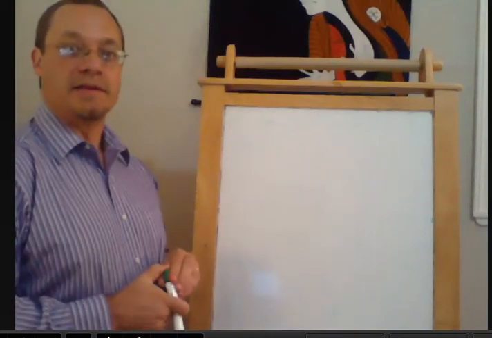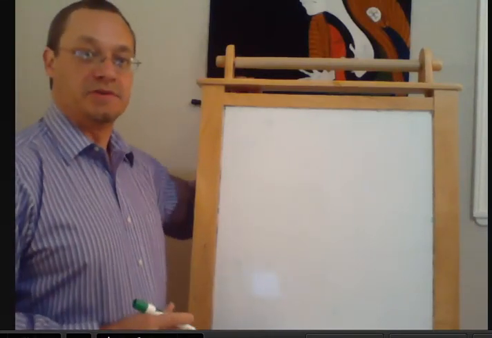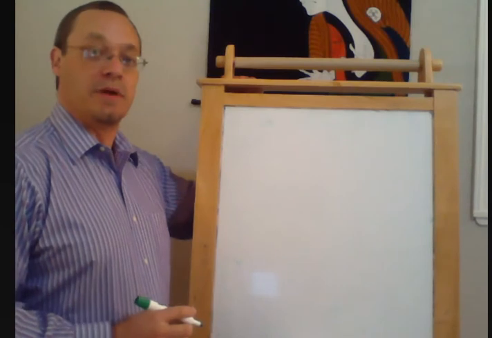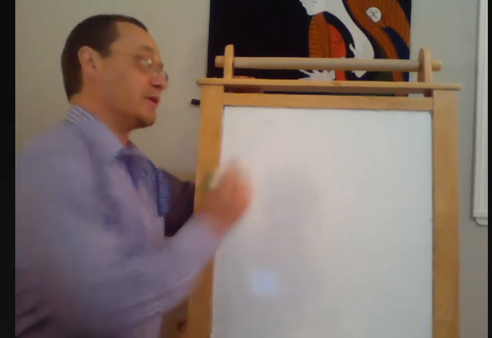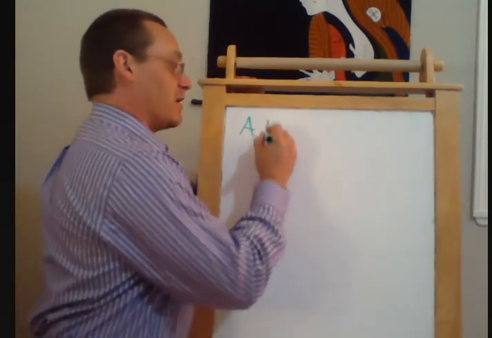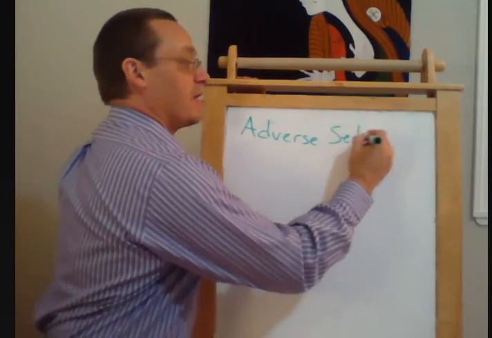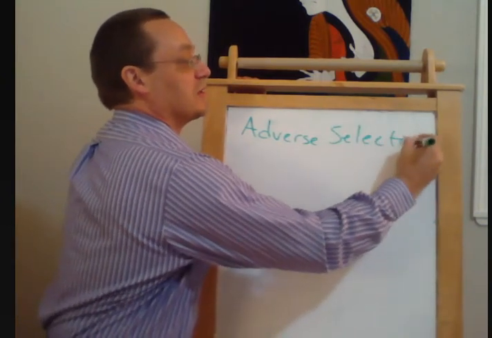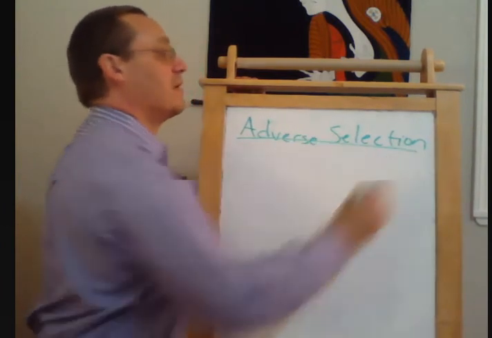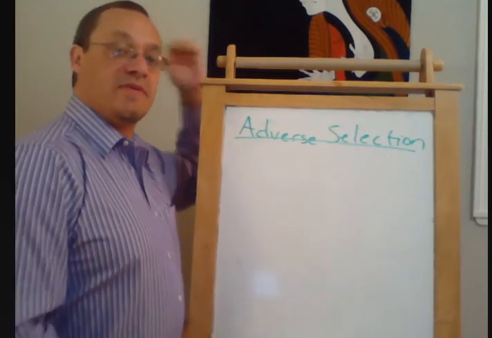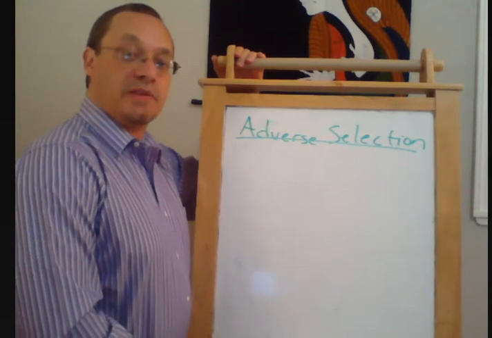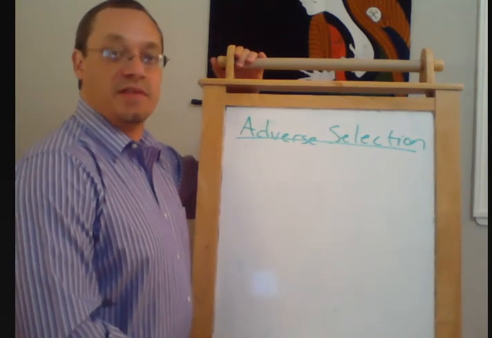Okay, let's continue talking about insurance, and we're going to talk about two problems that come up in insurance markets. And the first one is what we call adverse selection. So, in our previous example, I had this little village, and everyone in the village had the same